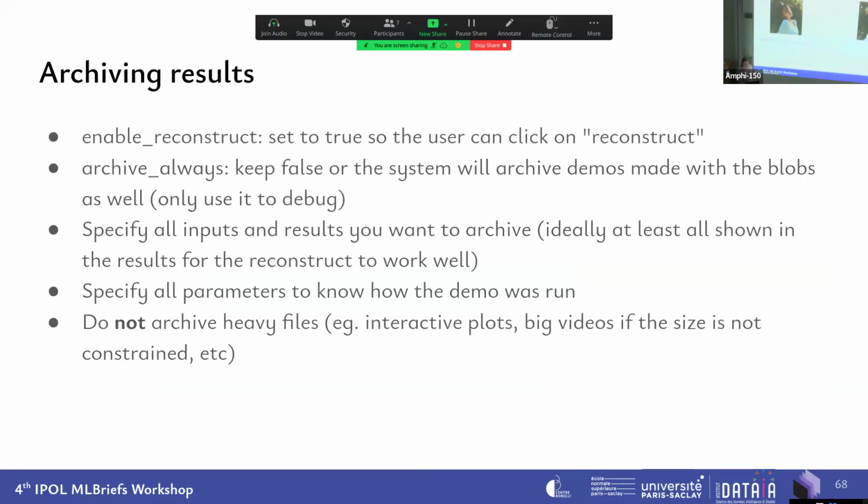So do not always archive everything, especially if you use heavy files. Do not archive them because it will take a lot of space, especially if you use interactive visualization. HTML files can be very heavy, especially since they include the library. In that case, it's better not to archive them. It means you won't be able to reconstruct the demo, but you can archive a static image version